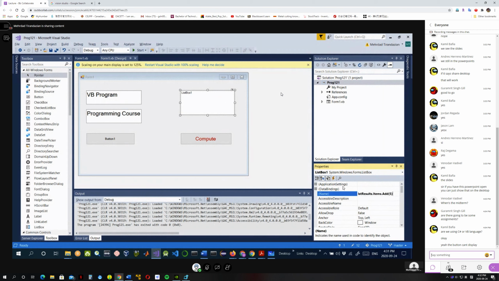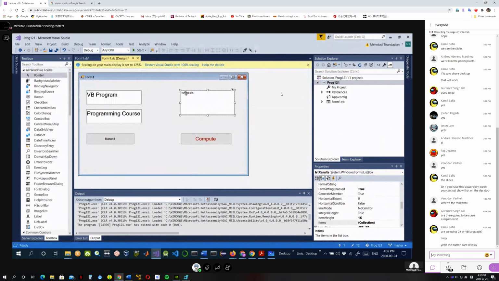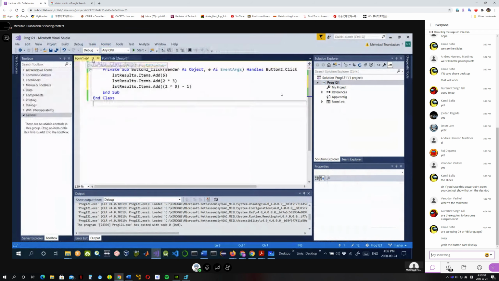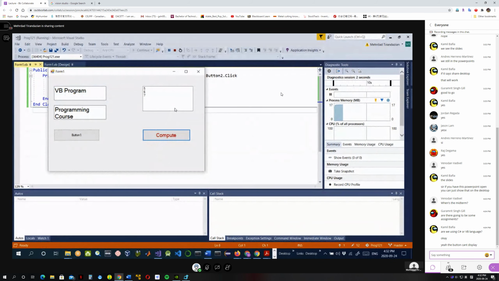Let's change to list box. So this is now changed. And now in my program, I can run the code. You see everything is fine. Now my name is changed to list result. And when I execute the code, it would be displayed. So either you change the name, but that name should be written in your instruction